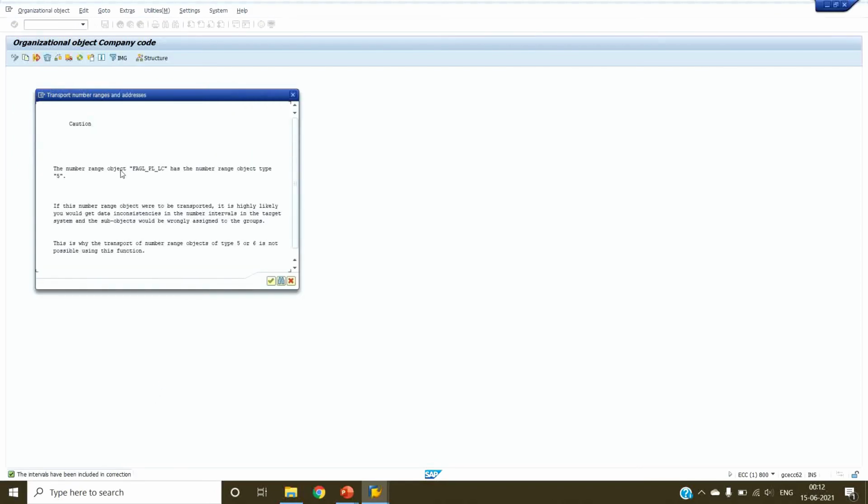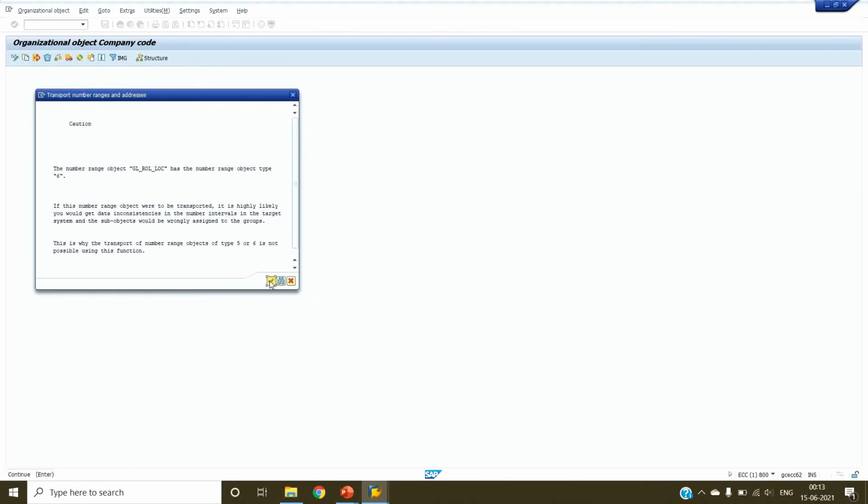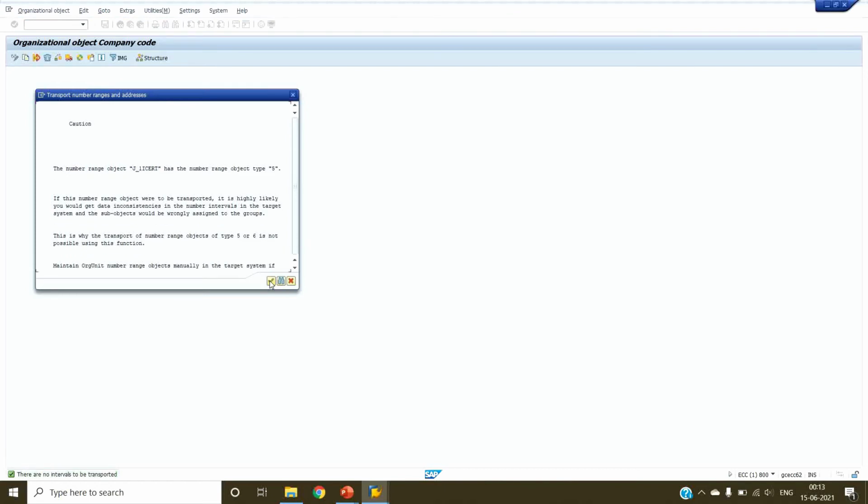Now it is giving a warning message. Some number range objects are conflicting. Click OK. Again, some GL account number ranges. Click OK.